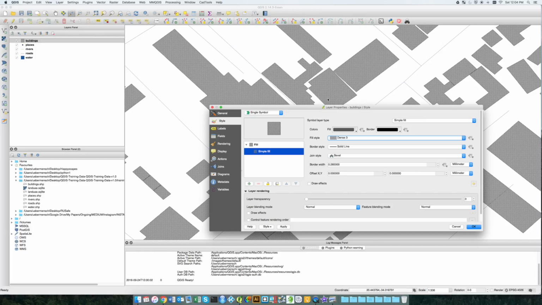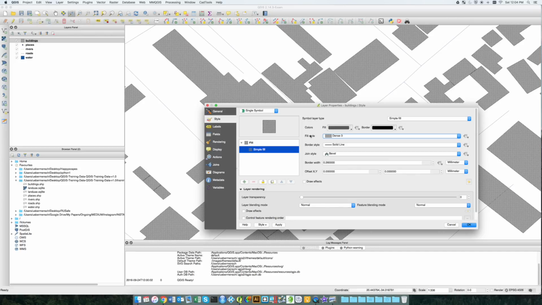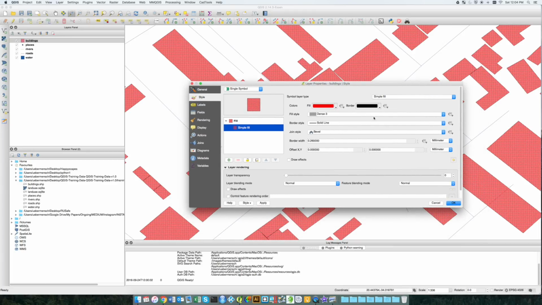If I want to make black and white maps, obviously, to distinguish the different layers within black and white, working with fill styles is quite useful. And I could still change the different colors of the fill pattern that I'm using. For example, I can make it red, click on apply, and that would change it to a red fill of that specific building. For now I'm going to use dark gray,